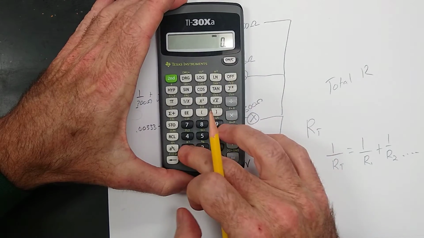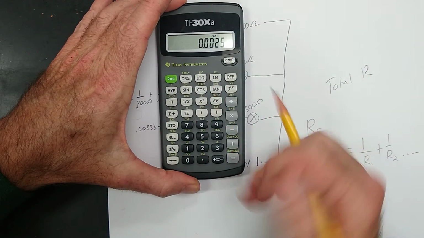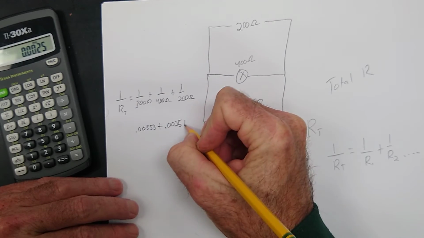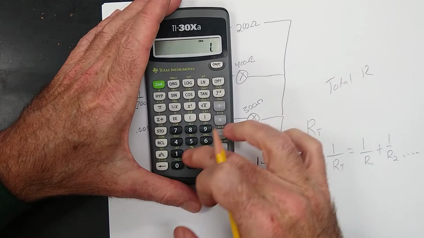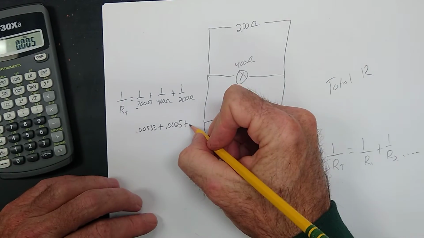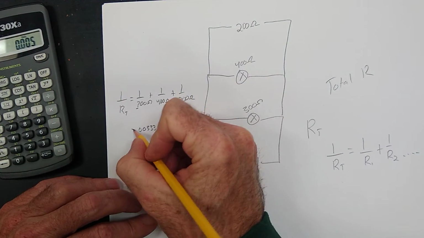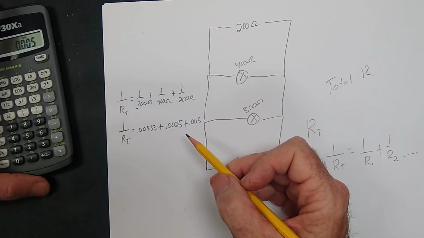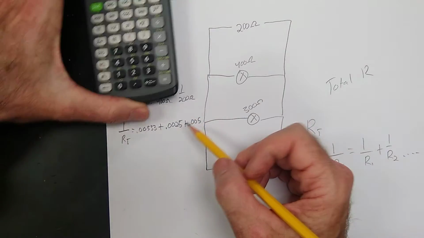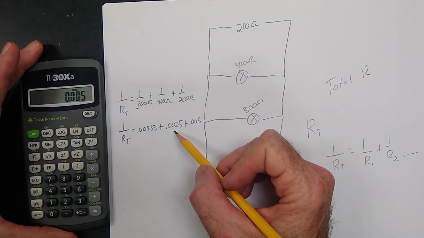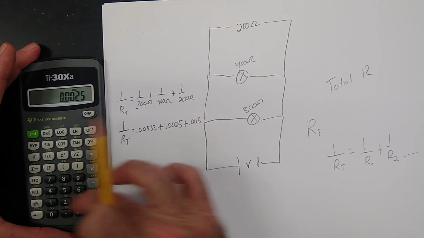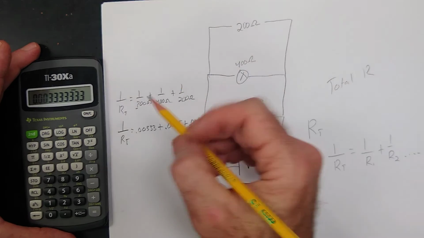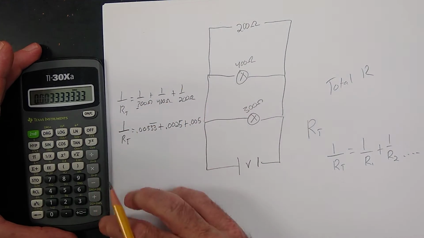Plus 1 over 400. 1 divided by 400 equals 0.0025, plus 1 over 200 equals 0.005. So 1 over RT equals these. Let's add them all up. 0.005 plus 0.0025 plus 0.00333, and these threes really go on forever. Okay, equals